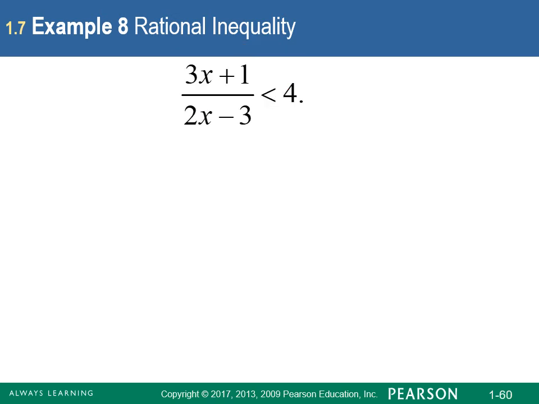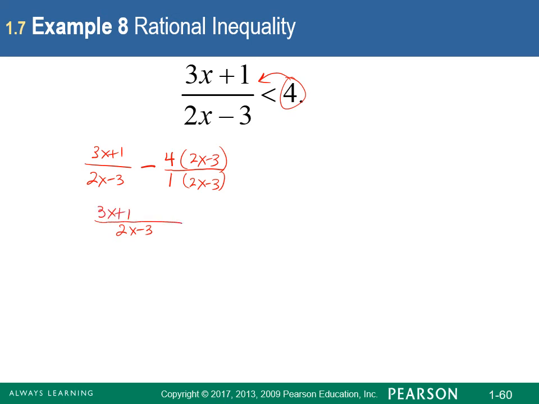Now this one has the same idea as the previous one, because there is a 4 here, we want to begin by subtracting the 4. So that would be a 3x plus 1 over 2x minus 3 minus 4. Now again, you saw what we just got through doing. We need a common denominator. So we need a 2x minus 3 here. So this comes out 2x minus 3 and